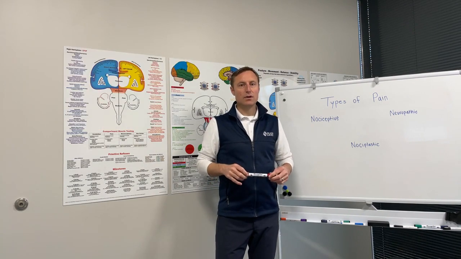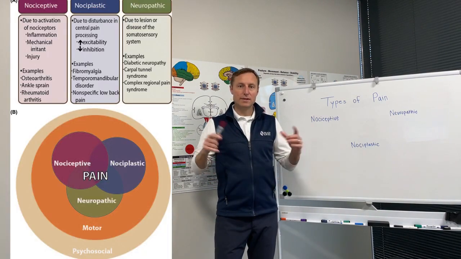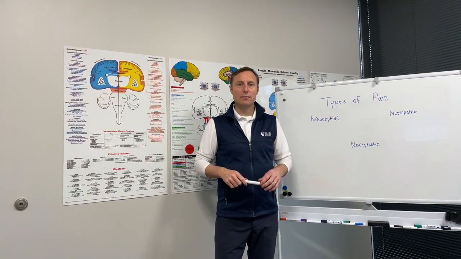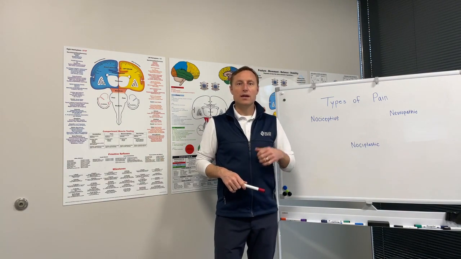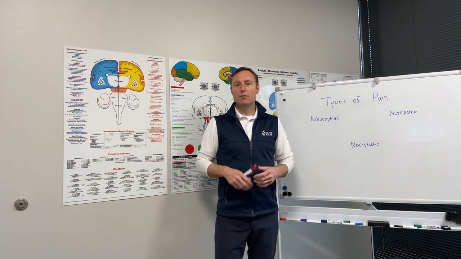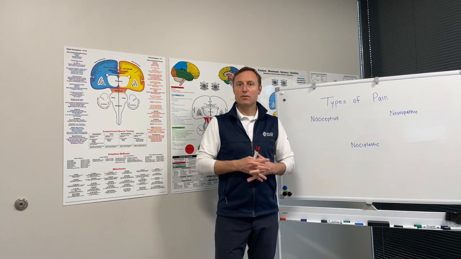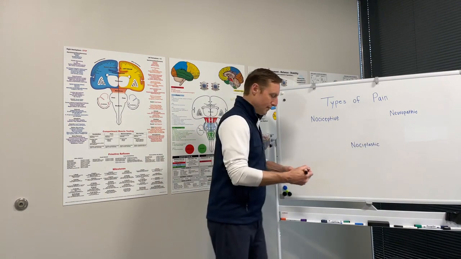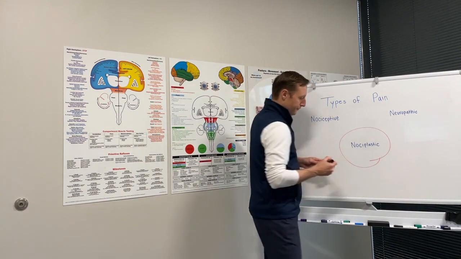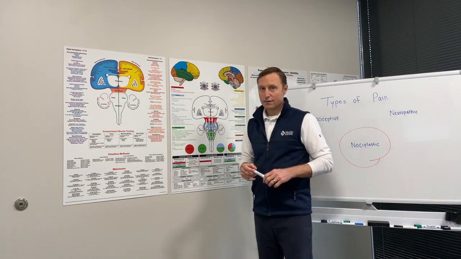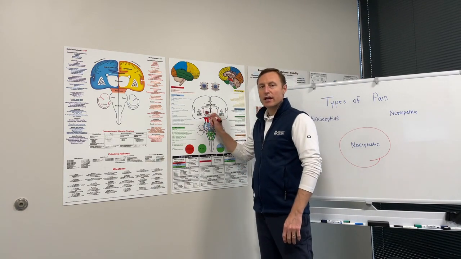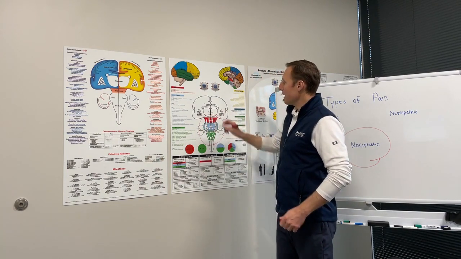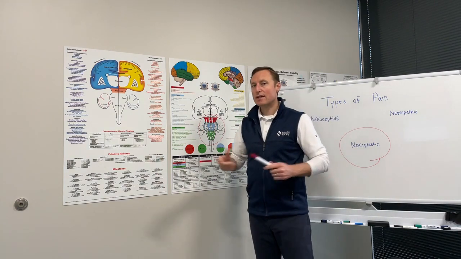And the best way to resolve those is addressing multiple systems, and it takes a long time. Those are not the kinds of pain patterns that can be turned off in a day or in a week, but more so over months. So you've got to be really persistent with creating these changes. The nociplastic pain can be turned off, but something needs to change in the brain. Something needs to change in the brainstem. And something needs to change systemically in the body as well.